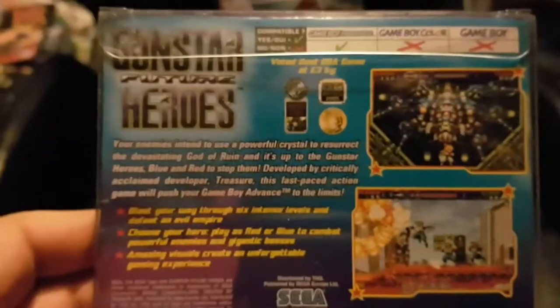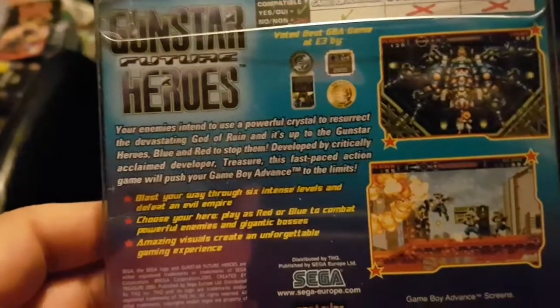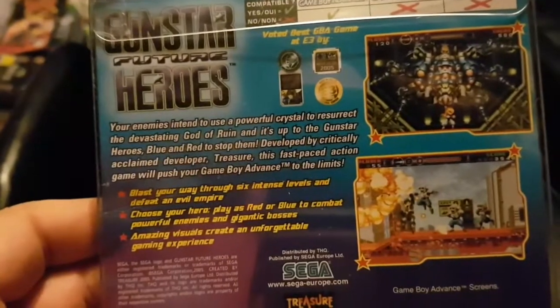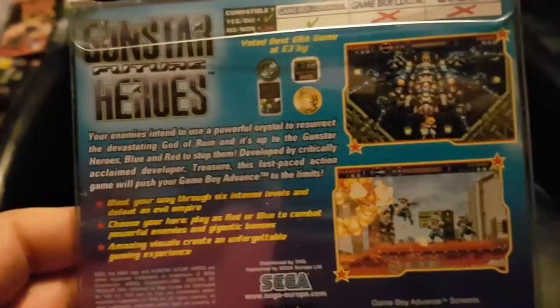So, had a little quick go. Certainly very cool. Not sure if it's up to the same sort of par as the original, but certainly a good game not to be overlooked. So, that is Gunstar Future Heroes. My next game is